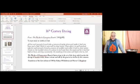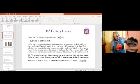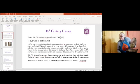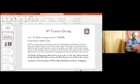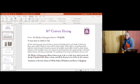Oh, I better stir it in a minute. On washing, it becomes... Oh, we're about to boil over. It becomes well dyed, and that is red after washing. So here we are trying to get this red,